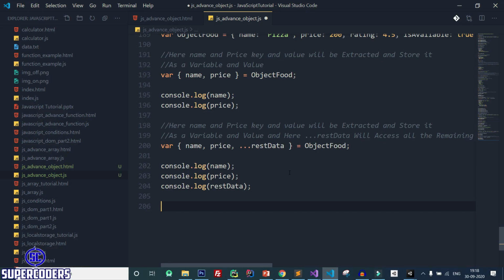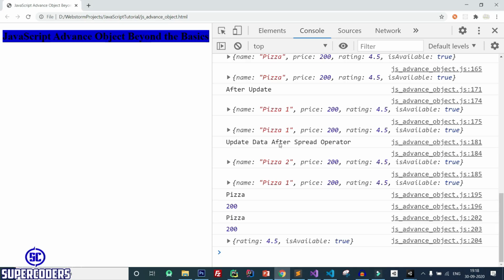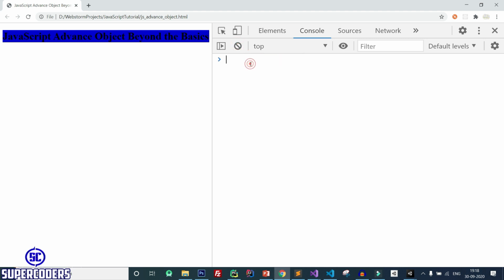Now let's check how to see if a key exists in an object or not. So back to Chrome, let's check whether a key exists in an object. Suppose that I want to check like this. First create a variable, and I want to check whether it contains fullName or not.